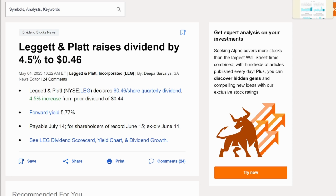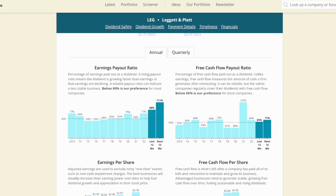The company's commitment to dividends is strong, but its payout ratio on net earnings and free cash flow has been increasing, approaching critical levels, as we can see here on Simply Safe Dividends, where we do have 111% for the next 12 months on earnings payout and 71% on free cash flow payout for the next 12 months. But Simply Safe Dividends is also giving Leggett & Platt a safe rating on their dividends, so it should be safe for the foreseeable future. But in this video, I want to take a closer look at the intrinsic value of